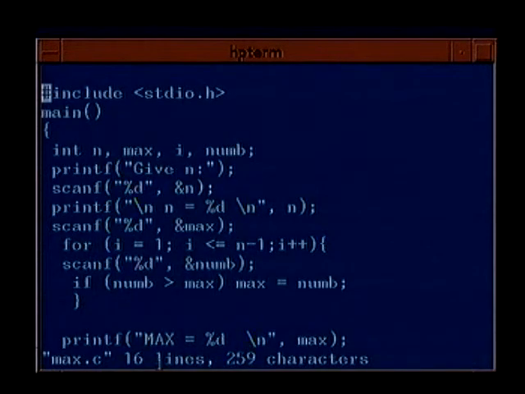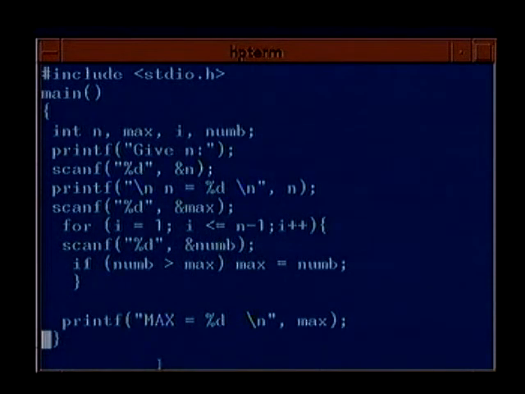This is the program that we had written to find the maximum of n numbers. If you recall, in this program we declared integers n, max, I and num. You asked to give the value of n, then you read n, you printed n, then you read in the first number and initialized the variable max to it.